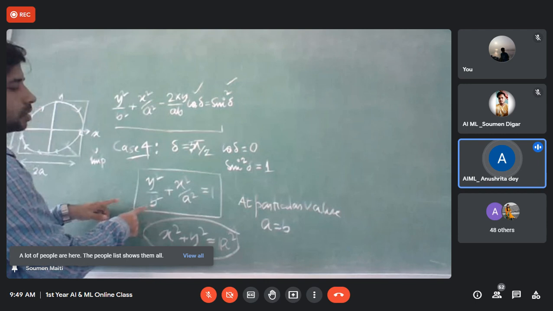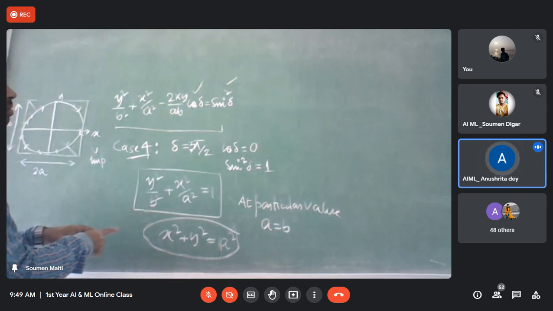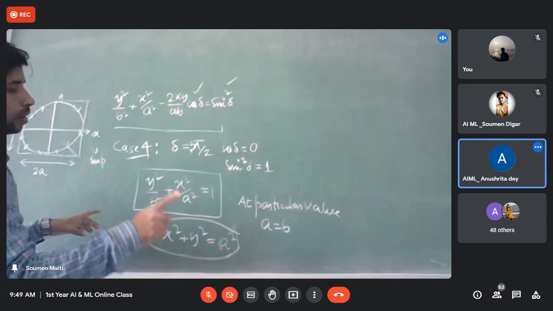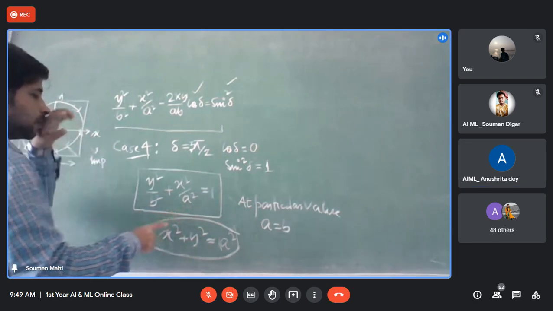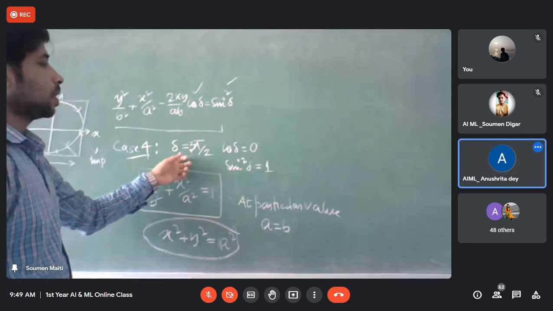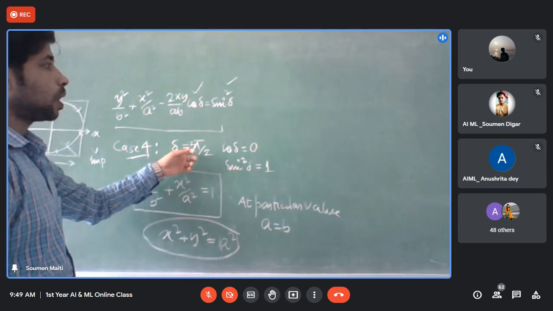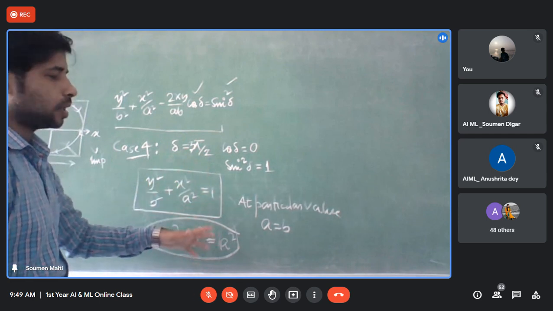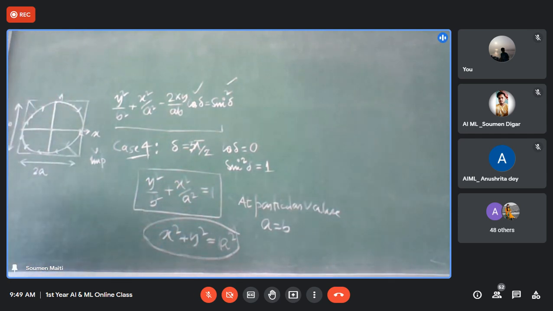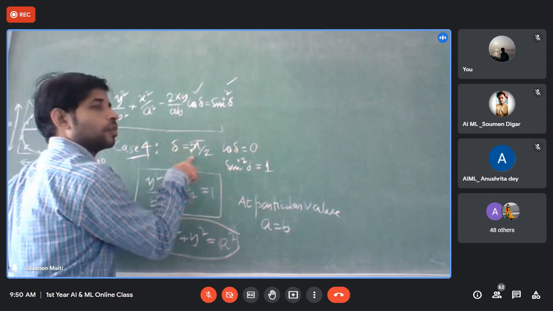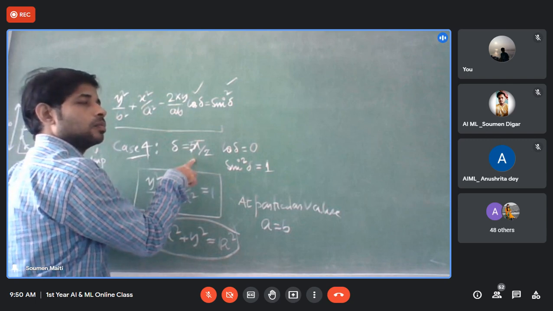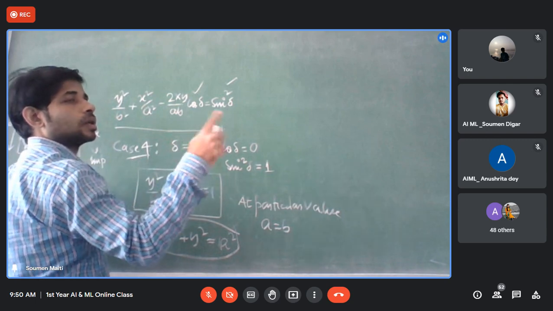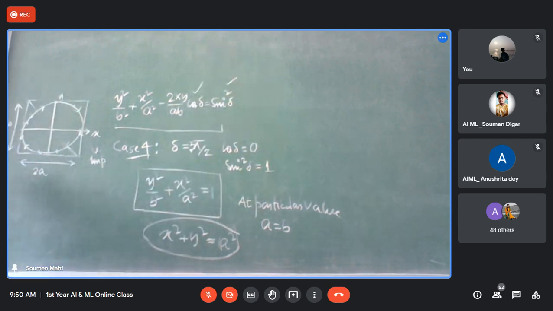So for delta equal to an odd multiple of pi by 2, everything will be the same. But hold on, there is some problem. For an odd multiple of pi by 2, it will obviously be an ellipse, and at that particular condition it will be a circle. But if we plot the experimental values for 3 pi by 2, 7 pi by 2, and so on, that is one after one interval, in that case it will be in the opposite direction.